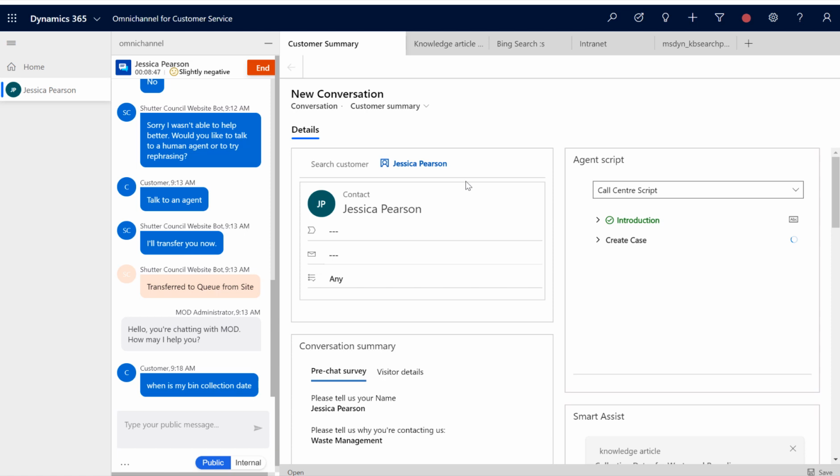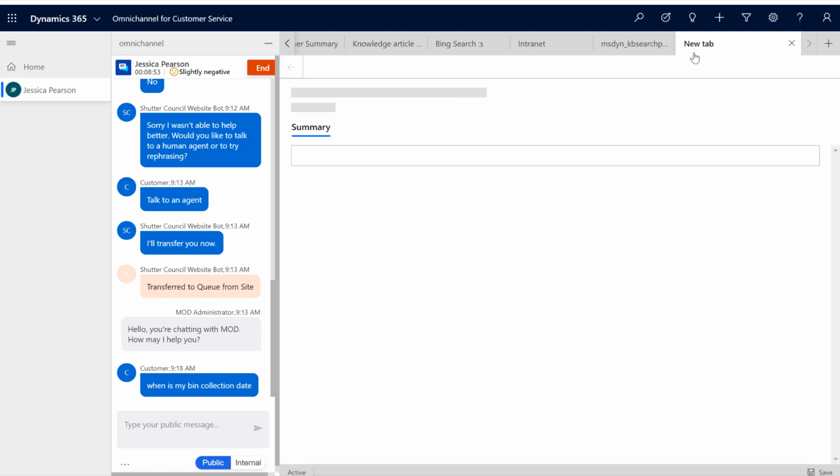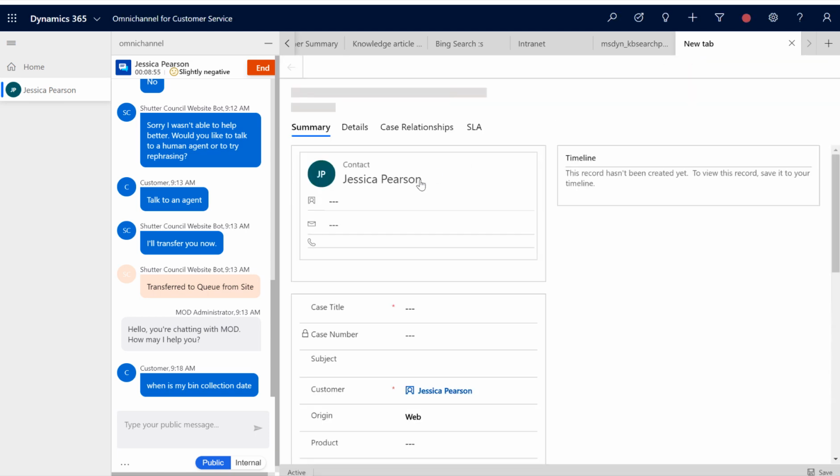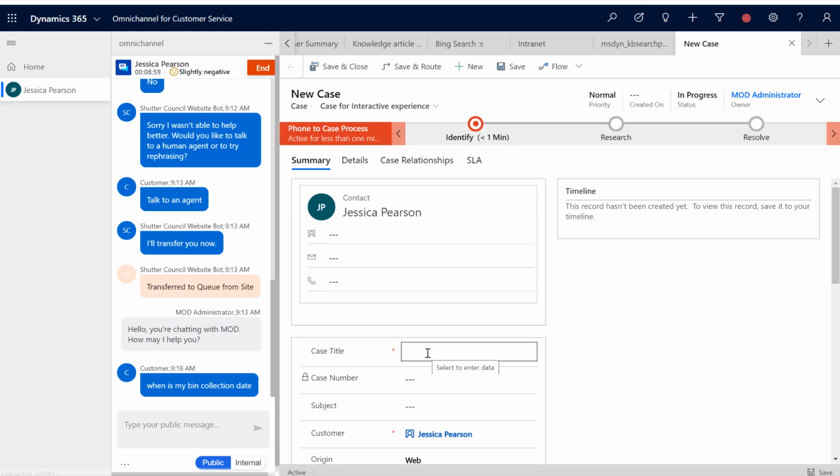So let me create the case now, and you'll see that a new tab is opened up. This tab is going to be pre-populated with the contact details, as you can see here. And all I need to do now is enter the case title and explain what the case was about. So, bin collection date query.